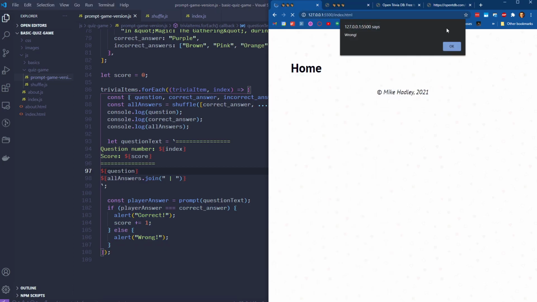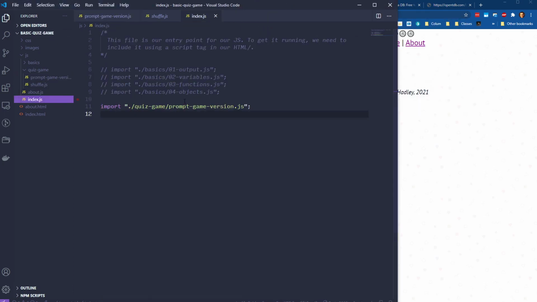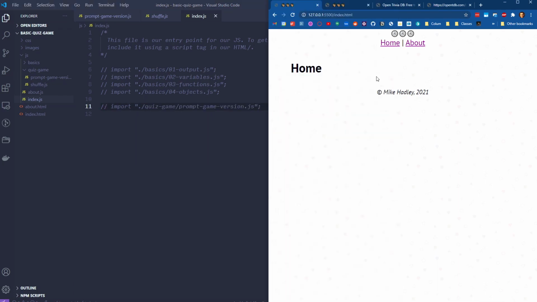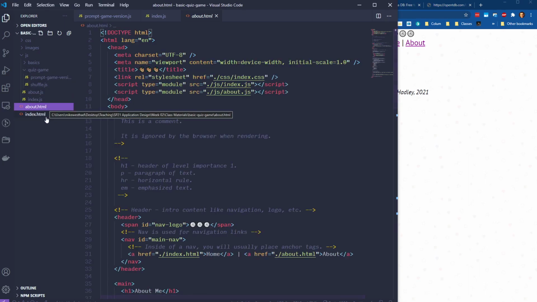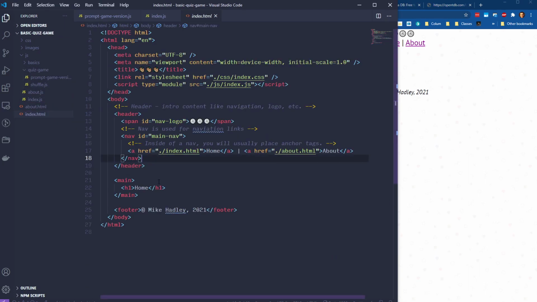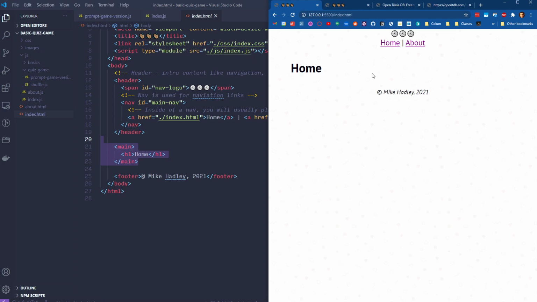So what I want to do is let's definitely get these alerts off the page. So I'm going to go back to index. And now that this is working, we're going to keep it for reference, but we can comment that out. So now it shouldn't be running on every page. What I want to do is flip back to our index, so our home page here. And this is no longer going to be our home page. This is where we actually want to display our